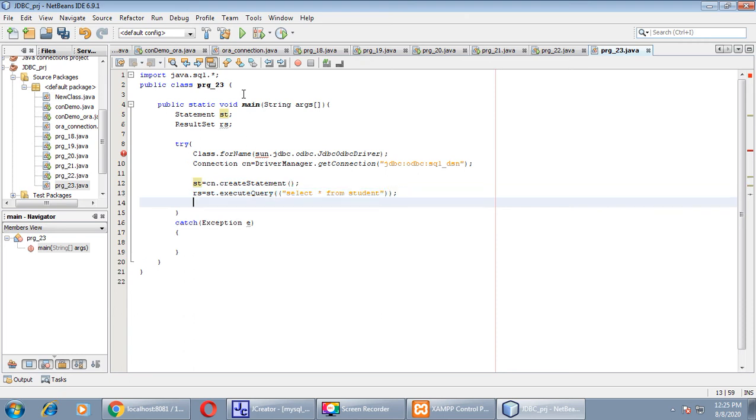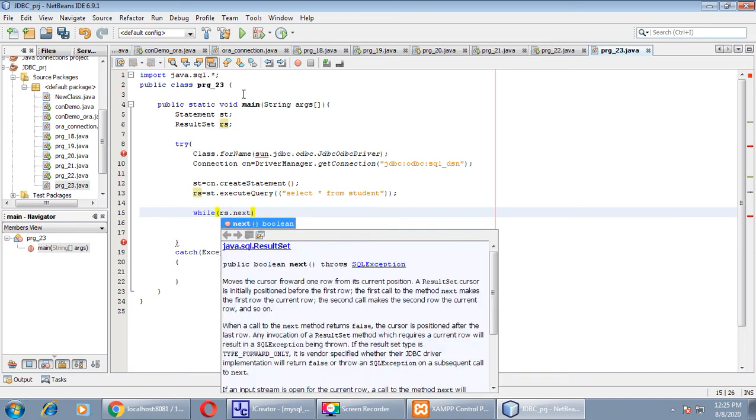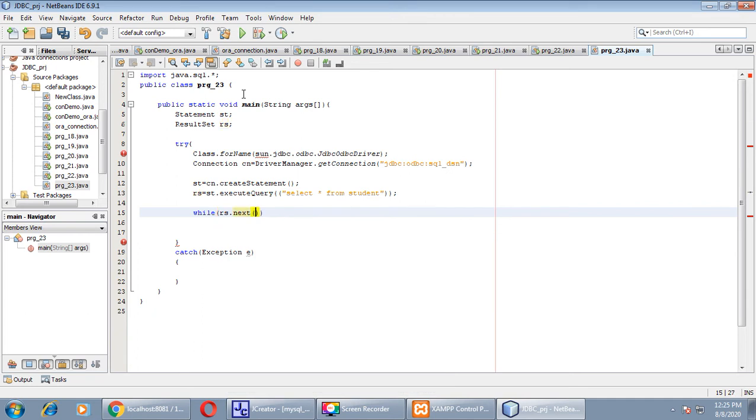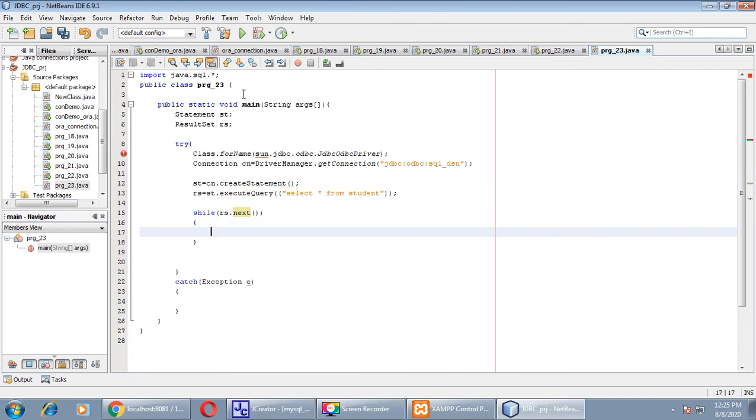Now we will iterate through a while loop. While loop begin, and we'll use the next method of ResultSet class for moving the pointer from first position to second position. rs.next. This will return a boolean value, true or false. Now inside the loop we will print all the information stored in student table with the help of getter method, right?